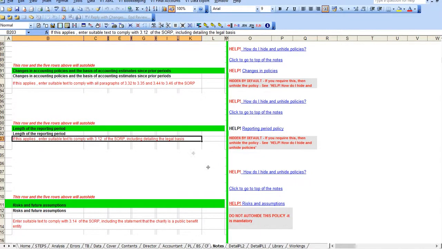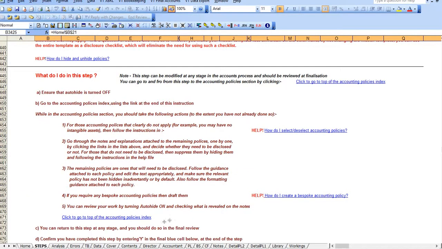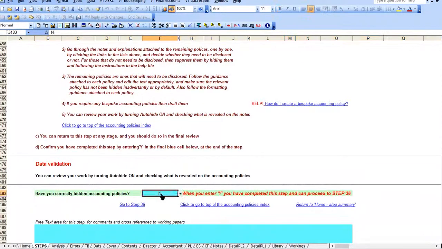So you would work through each policy to see whether or not you wish to auto hide it, and if you don't wish to auto hide it, ensure that you've got suitable text showing in the text of the accounting policy. When you're happy with your accounting policies, enter Y in this step to say that you've completed the step. That is